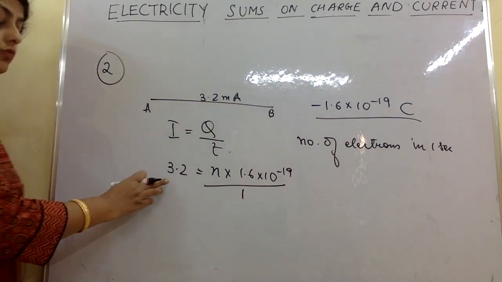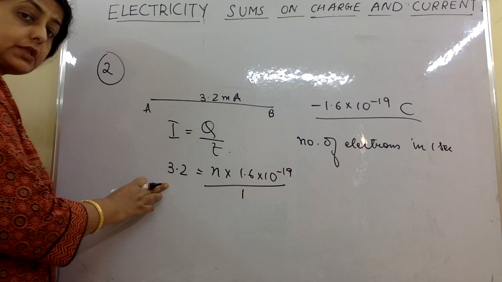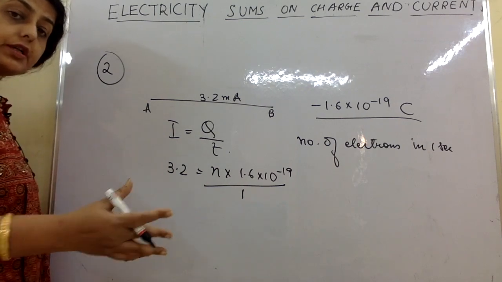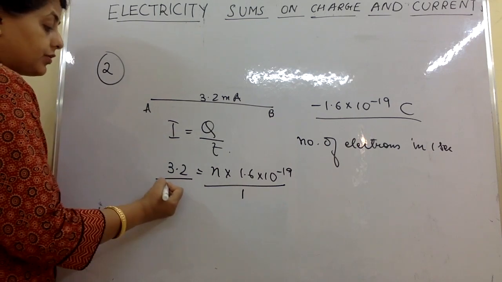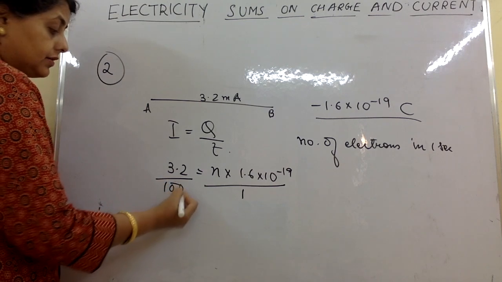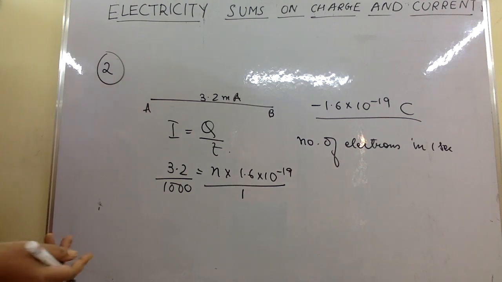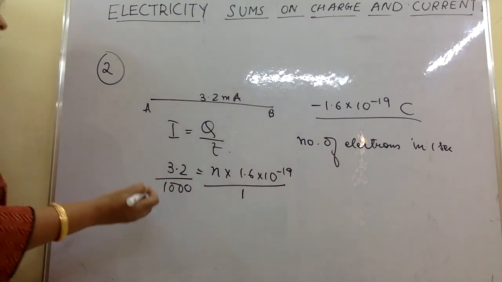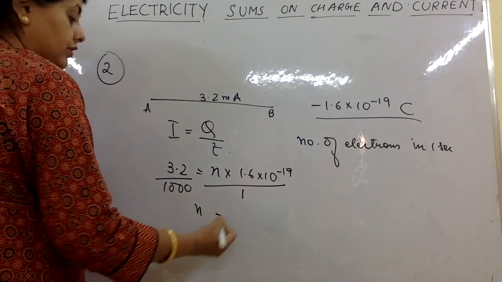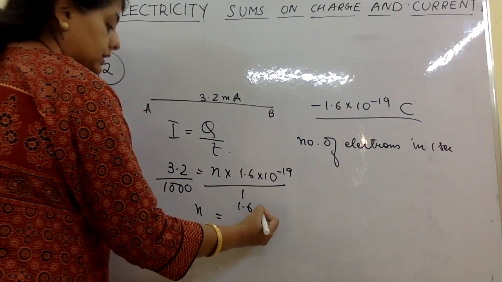Now here what I have written is milliamperes. If I have to convert it to amperes, then I have to divide it by 1000. Then I'll get it in amperes. So here I'll just find the value of n. This is 1.6